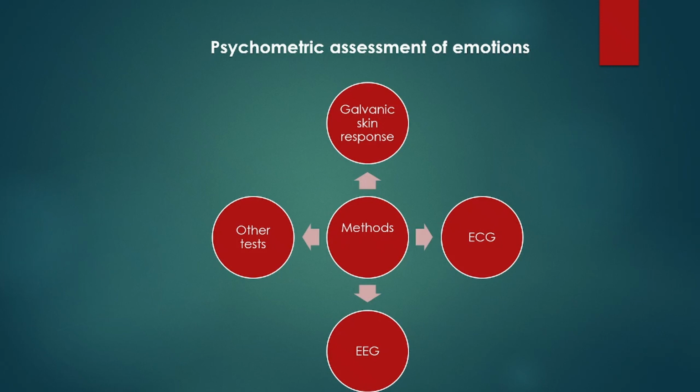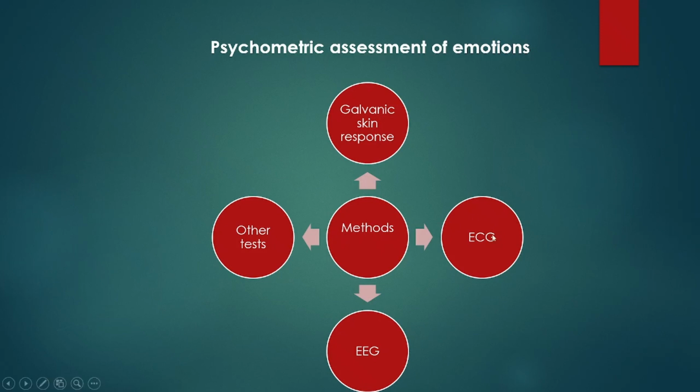Then coming to the psychometric assessment of emotions. Here there are mainly four methods available in order to assess the emotions. First of all, we will see the galvanic skin response. Here the psychologist measures the activation of sweat glands during emotional arousal, which results in lower electrical resistance